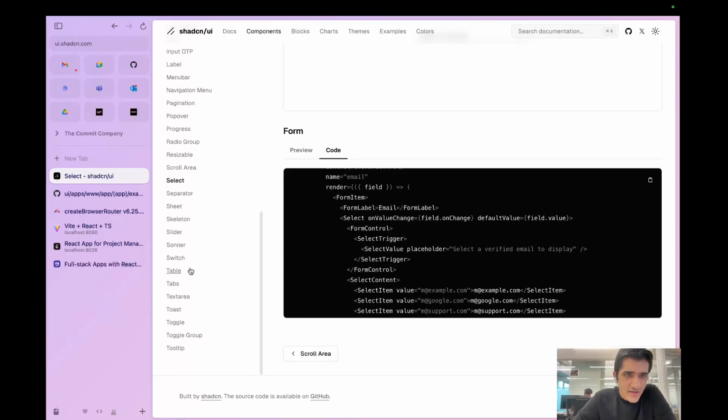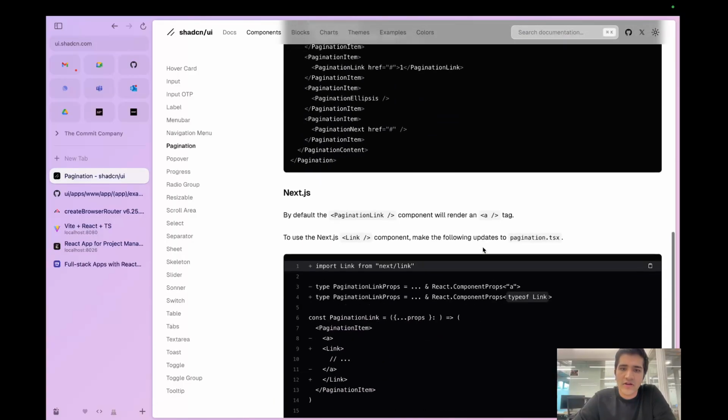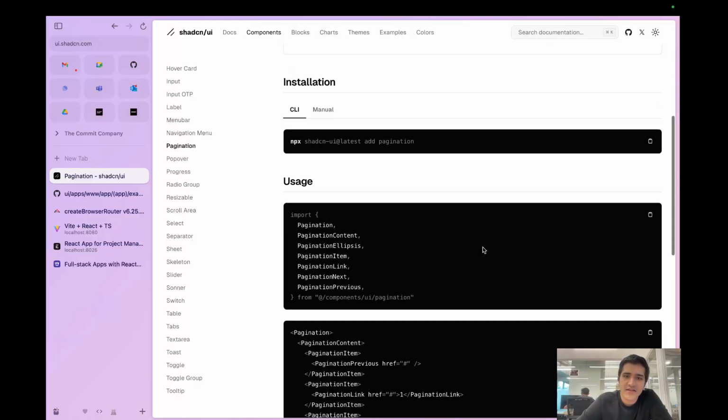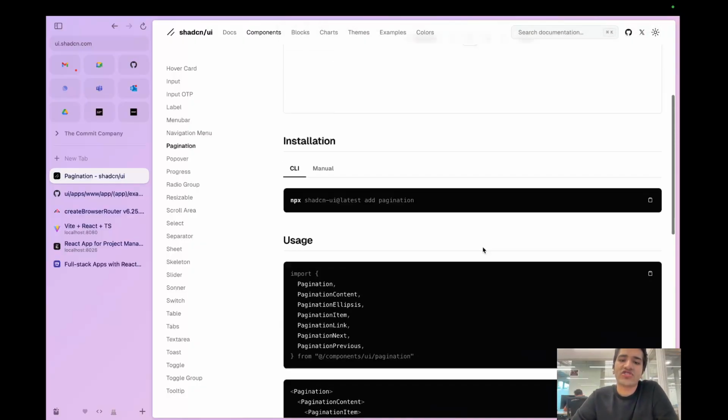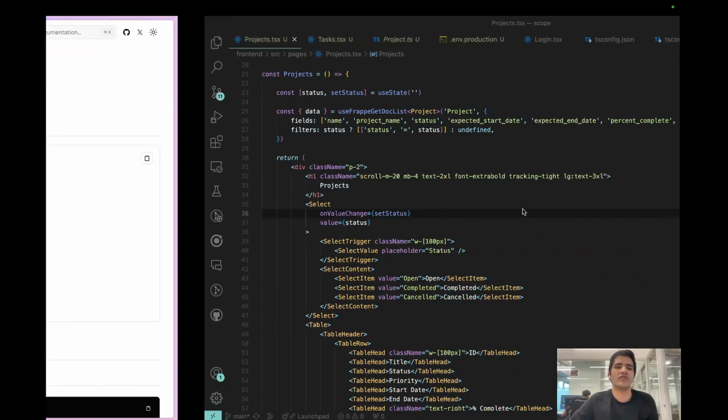So, pagination in shadcn, there must be something. Yeah, there we go. Now the thing is that in pagination, what you actually need is not just this UI, but you would also need to know the count, and you would need to know the count with the filters, so that you can calculate how many pages there are. Now, an easy approach would be to just use